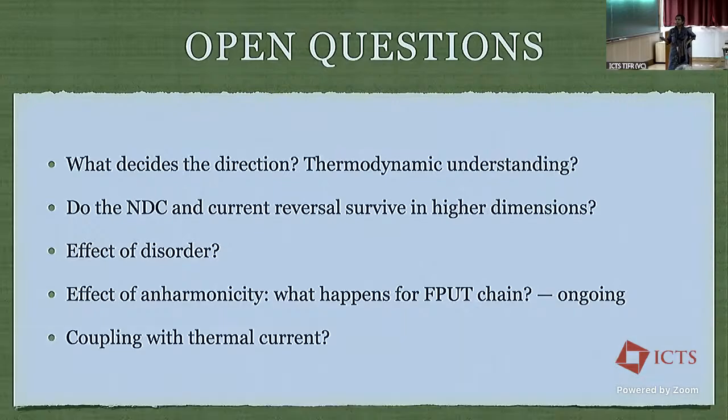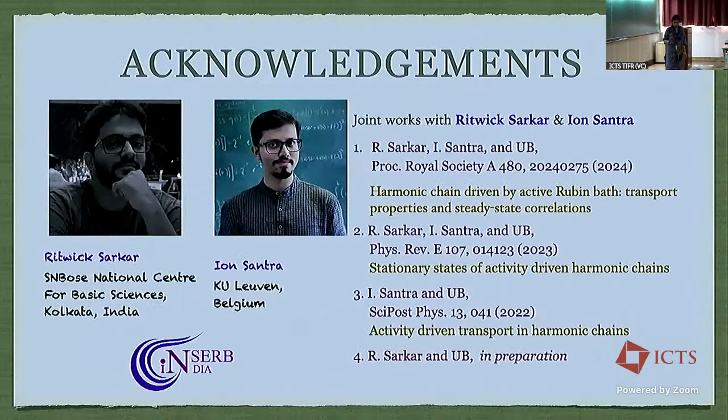Also for the anharmonic case, suppose we have a drive which has a thermal component plus activity. In the linear case, we can show that these two decouple. There is one current proportional to the temperature difference, and an active current, which is what we discussed. But in a nonlinear system, it's not so easy to decouple these. So we expect that the thermal and active currents would couple with each other. So we also want to look at the conductivity matrix. What are the cross terms in that matrix? These are the open questions, and let me end by thanking my